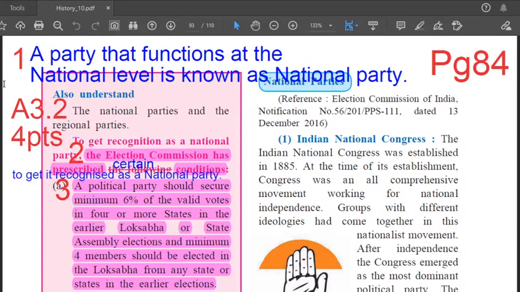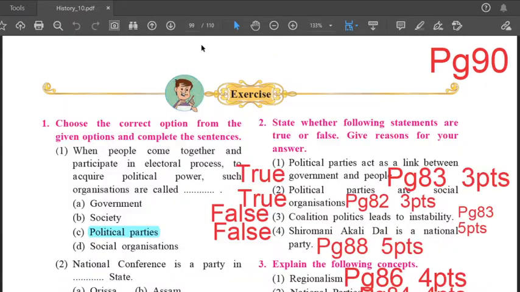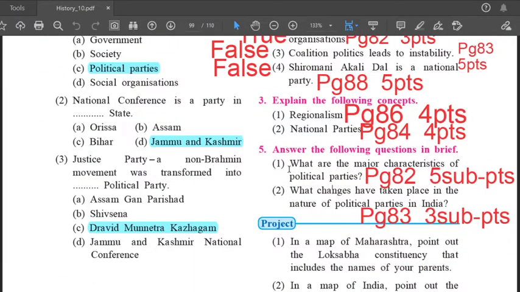Sometimes, children, in the board exam, they might ask you to write any 2 characteristics of political parties. Last time, in the board exam, they asked write any 2 characteristics of political parties. So when you write 2, you write any 2 from there and write the main sub-point. Inside that you write the other point. So that's why it's very important that you learn all 5, and within that, those points, you are supposed to learn that also.